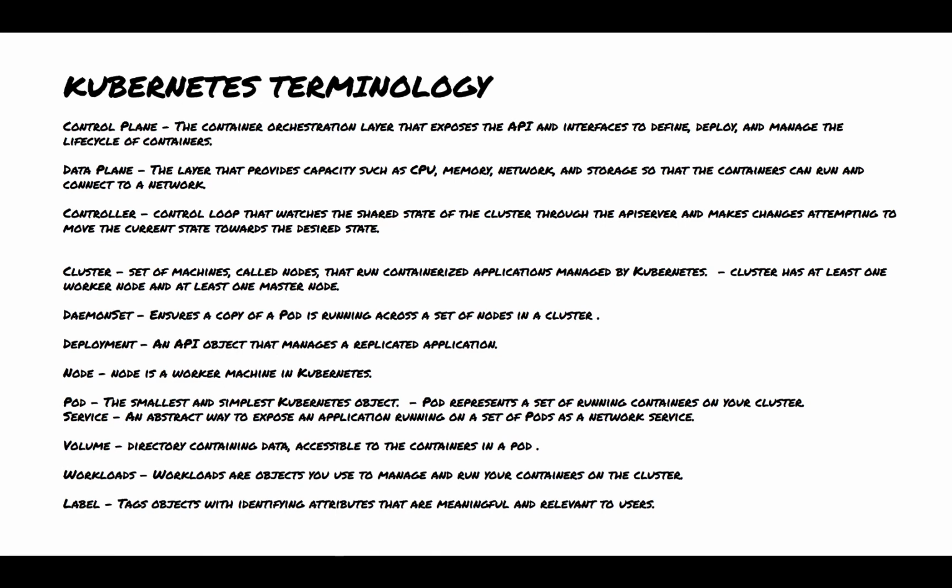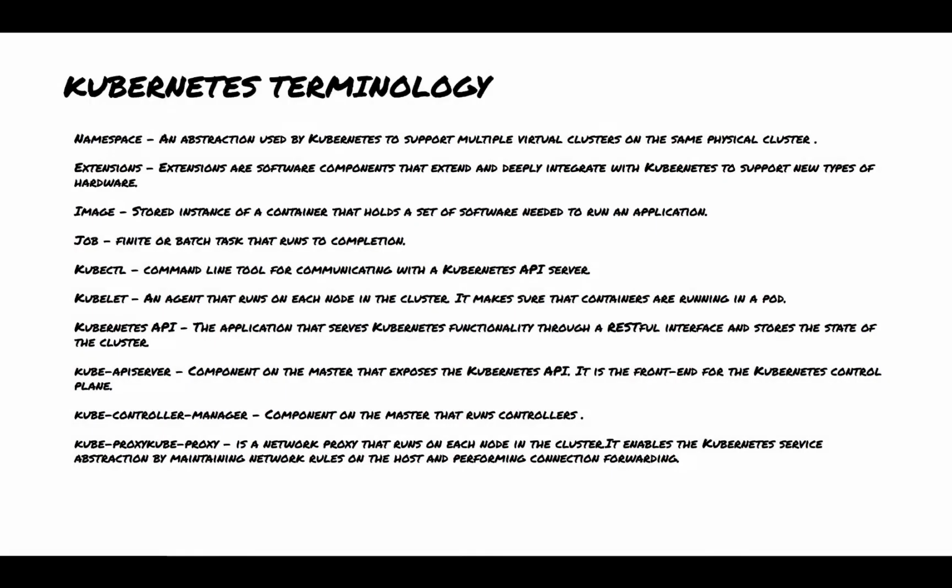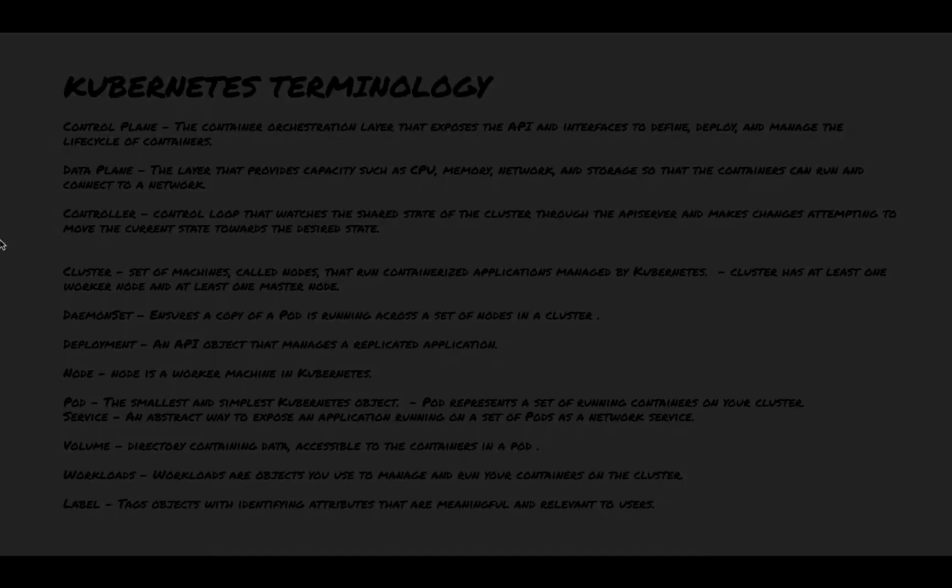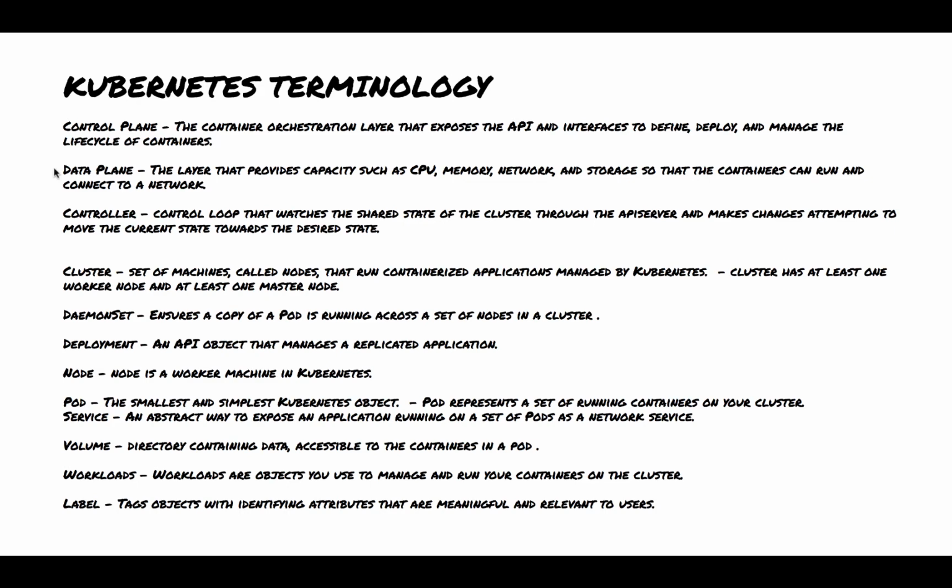Label, these are also some nitty gritties, you can say. There are certain complex situations when you are running multiple pods and you have to identify each pod, and there you use these kind of attributes and label them. So these are those jargon. The main takeaways are control plane, data plane, what they are, and cluster, obviously what it